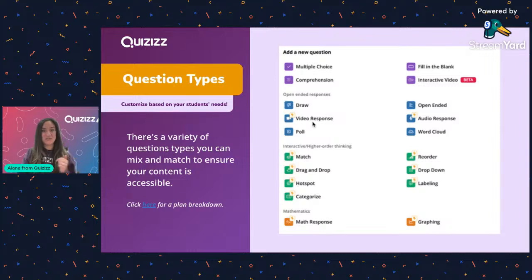Maybe you want to use a video response, which is really cool too, or a poll, but we have so many different question types. So when you're thinking about how am I going to assess my students, to make sure that everyone has an opportunity to really show what they know in their way, we have all of these different question types to choose from. So we've had these for a while, but if you don't know about all of these, there's a lot. And again, there's plenty that are available for the basic plan, but there's also a link to have a breakdown if you do just want to see what's specifically available depending on your plan.